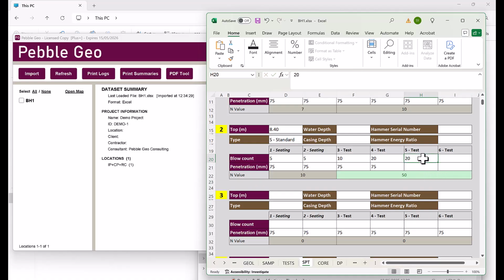If I put 21, it will go red just to warn you, but it will still allow the data to come in. Once you've got a refusal, you will then need to manually specify the penetration that you got to within that test drive. So let's say 35 mil. If I save this,